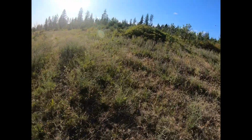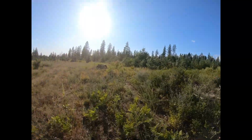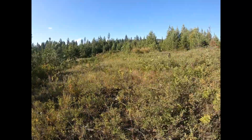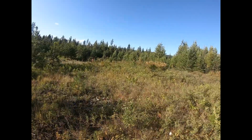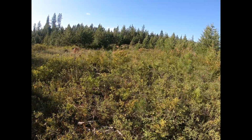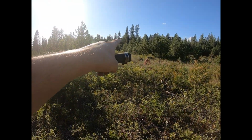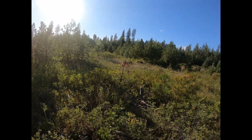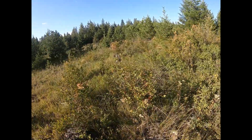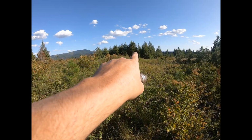But one thing I'm thinking about doing, of course, keeping the farmhouse, but there's a location right back in here in this clearing, and I can access this via a side road that goes up my property, so I don't even have to use the driveway that I currently do. But like this clearing right in here, if you were to go that way quite a ways over, you would hit a paved road. And back here on the back of the property, it's amazing how much longer the snow lasts. But minus that little clump of trees there,